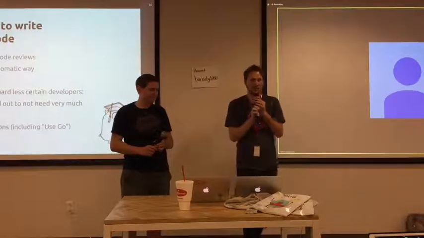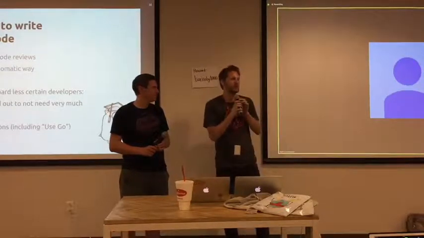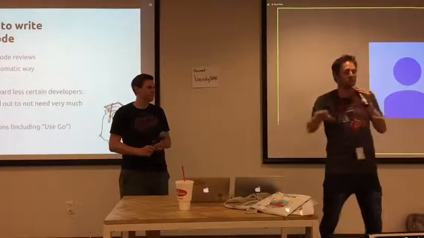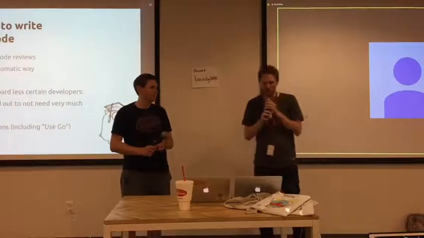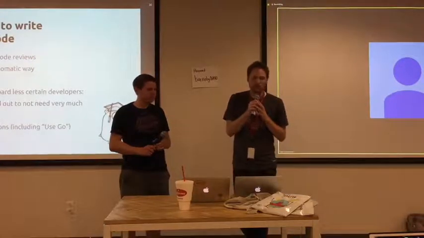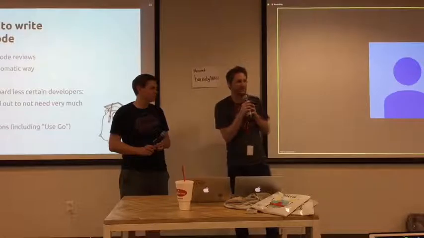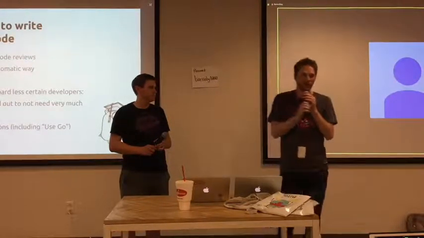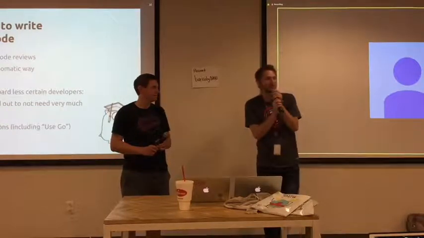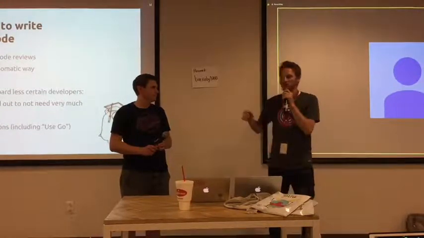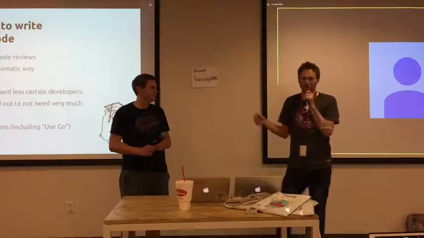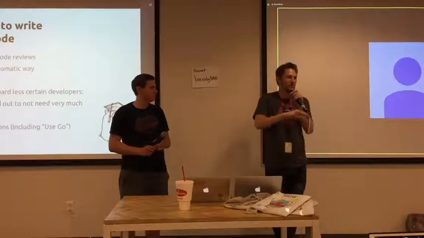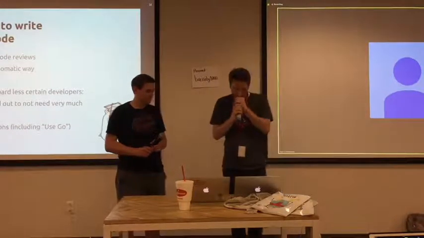It's something that they really welcome, and it gives us an opportunity to teach them about the idioms. It shows them concrete use cases where they did this, but maybe this would have been better. Instead of being abstract, it's something that's concrete. The culture at Qualtrics, and hopefully at your company, is to write idiomatic Go. If you write Go that works but isn't idiomatic, chances are it will come up in the code review, because we've learned from experience that writing idiomatic Go saves you problems down the line. Like I said earlier, one of the value propositions of Go is in the design that went into Go that spares developers these kinds of problems.